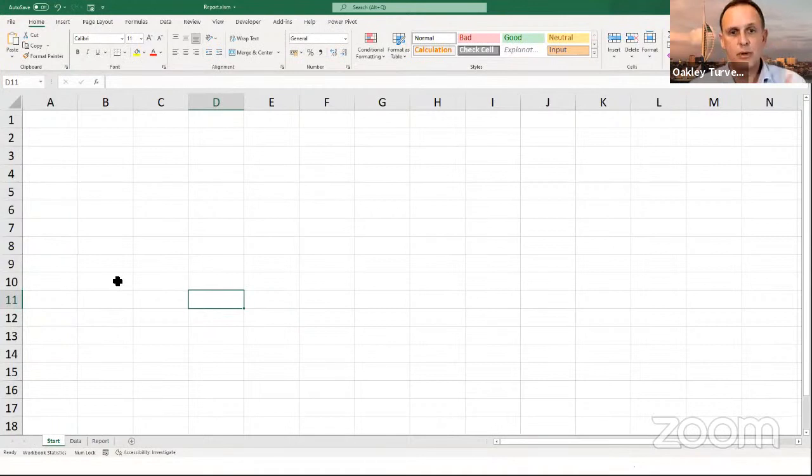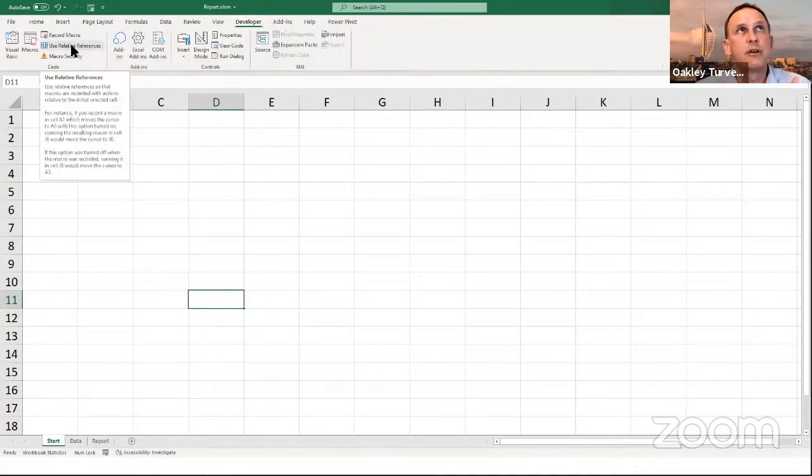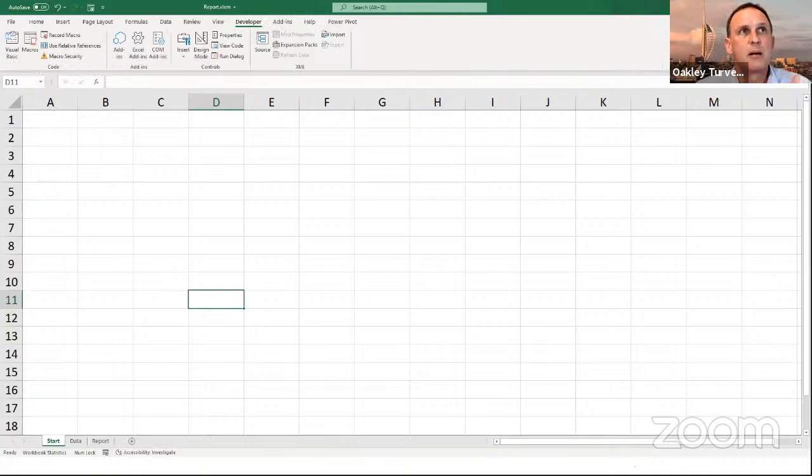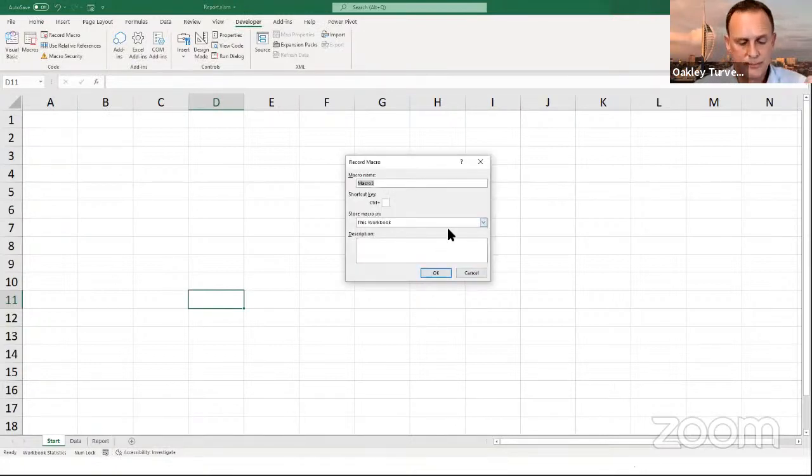Let's now record a macro. Now this is not going to be a scrap macro, so we're going to give it a name. So I start recording down here. Now, if you just want to be double sure, just check that you don't have relative references turned on. I'm happy I don't, so I just click down here. That starts recording. I'm going to call this one get data.